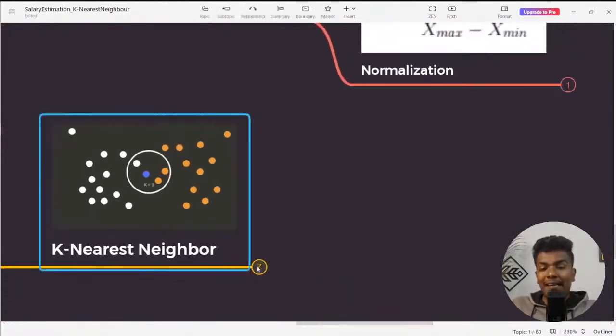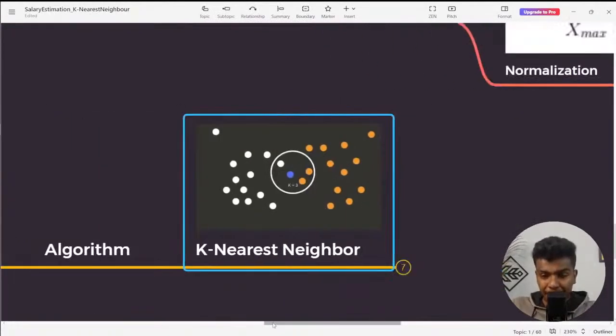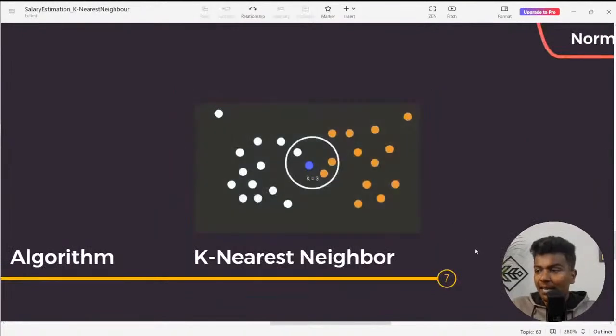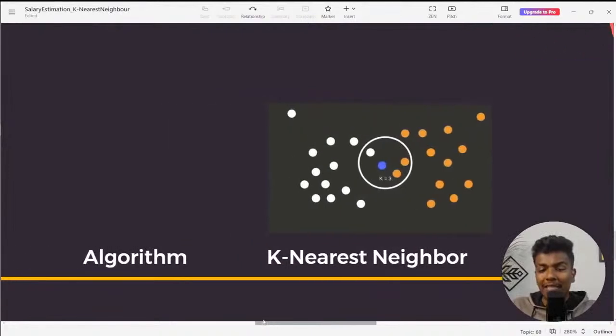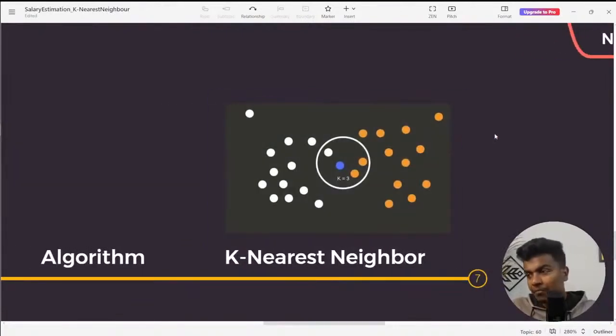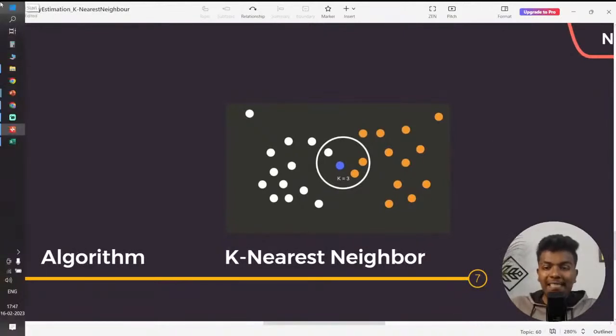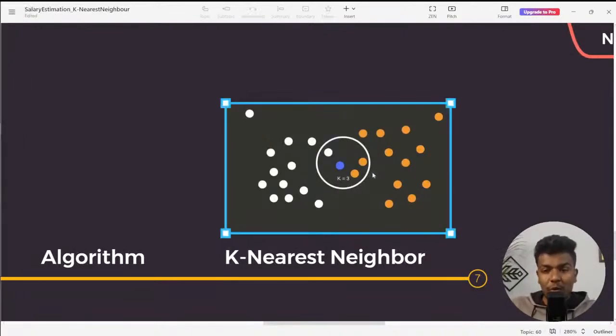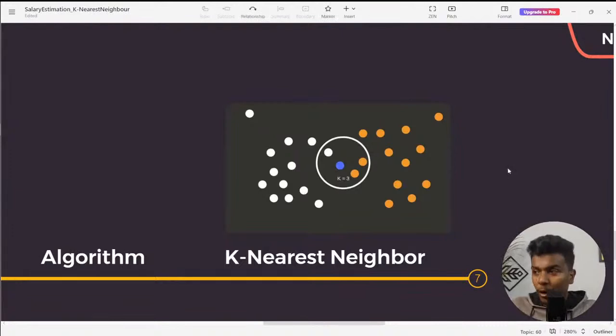Let me show you some steps. Before that, let us see the picture. Are you all with me, guys? If you are clear with this concept, you can know how this k-nearest neighbor algorithm really works. So let us see the output or result first. For example, just see the picture, guys. Don't overthink. Don't think about what the circle is, what this blue color dot is. Just try to follow me.